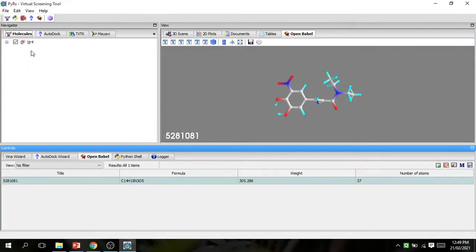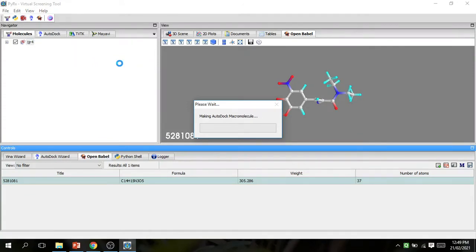I want a PDBQT file for both the protein and the ligand. I convert this protein into PDBQT. A PDBQT file stores the atoms and charges of the protein and ligand. Select this protein, right click, go to AutoDock and make macromolecule.